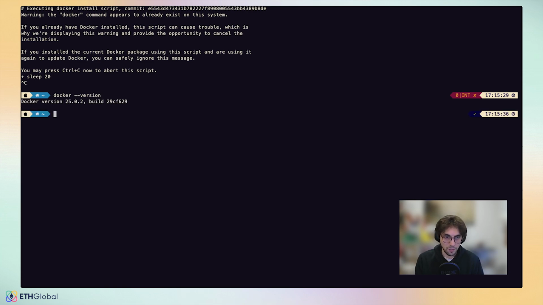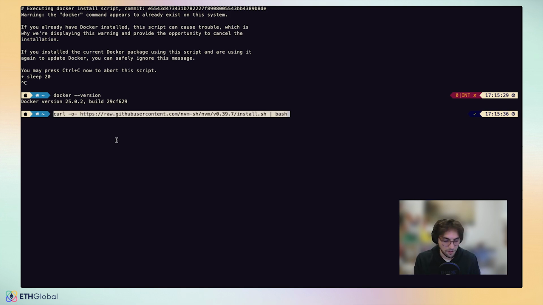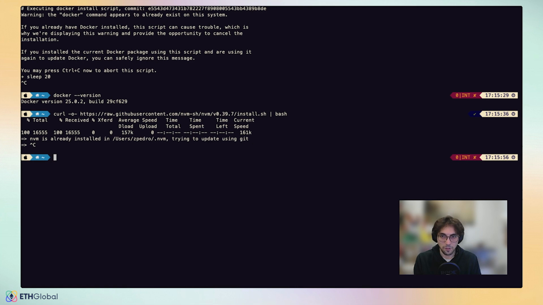You also need Node installed. If you don't have Node installed, I recommend to install it via NVM, which is a really cool version manager. So you can also run just this command and it will install NVM. In my case, it's already installed. And then from then on, you can just run nvm install node, and that will give you the latest version of Node. Once you have these two very common dependencies, you can just run npm create aztec-app,